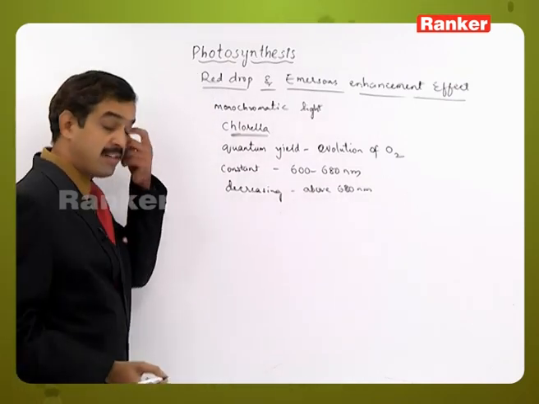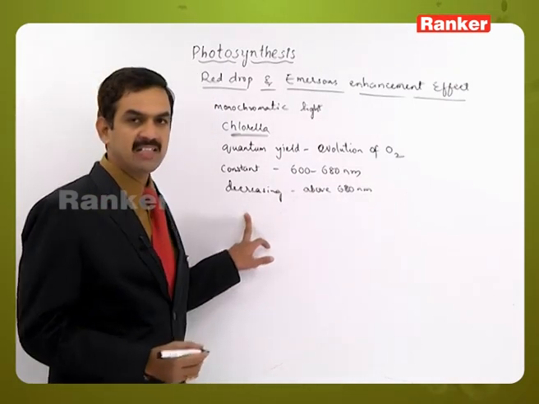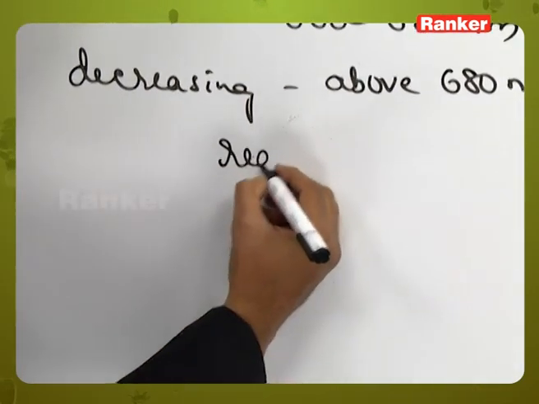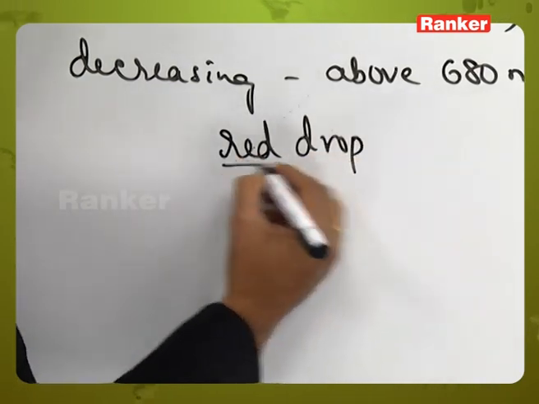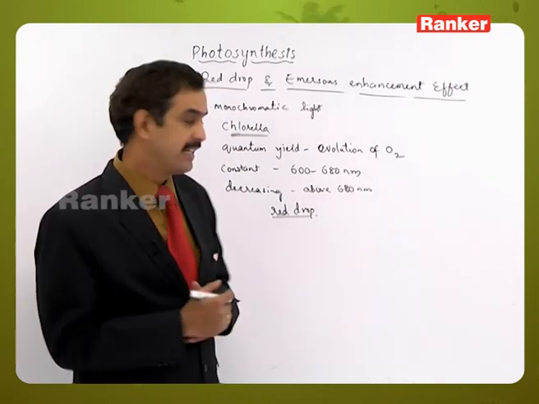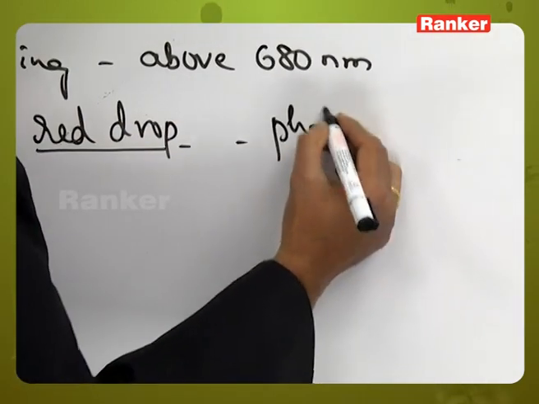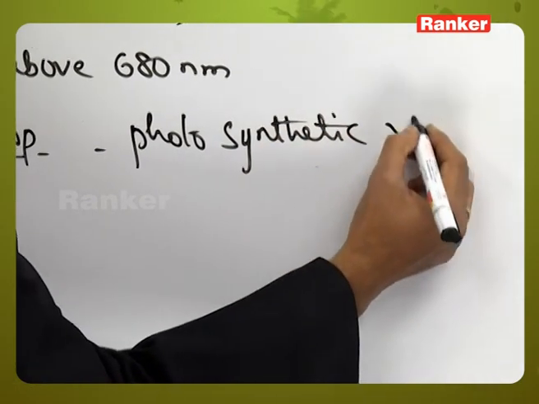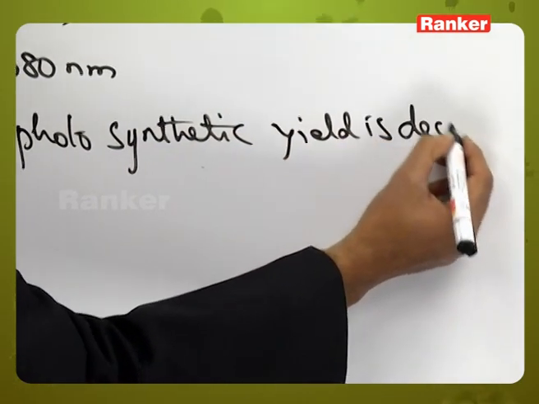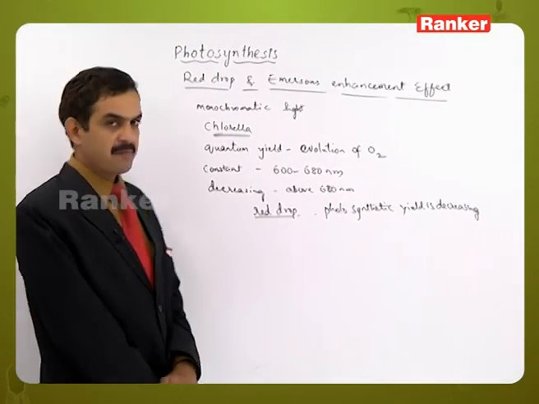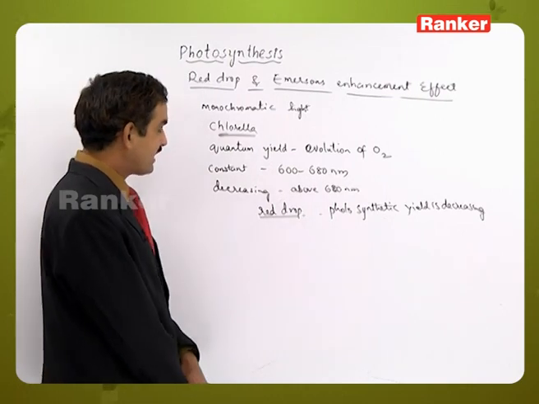So this is a wavelength of red light where the photosynthetic yield was decreased, which is determined by the evolution of oxygen molecule. This decrease is called a red drop, because it is a wavelength of red light where the photosynthetic yield, or photochemical yield, was decreasing. So this is called Emerson's first effect, and at the same time, he had done one more experiment also